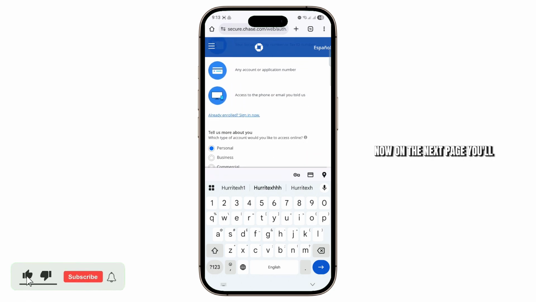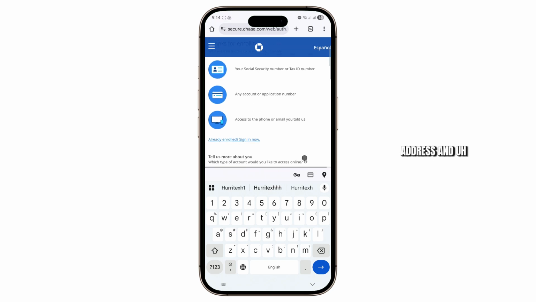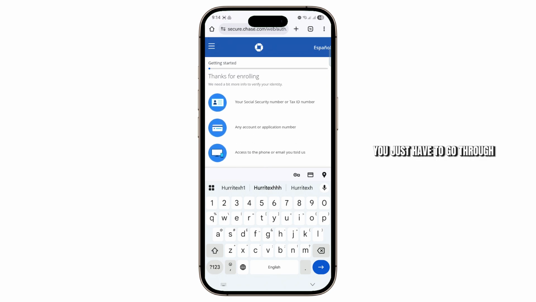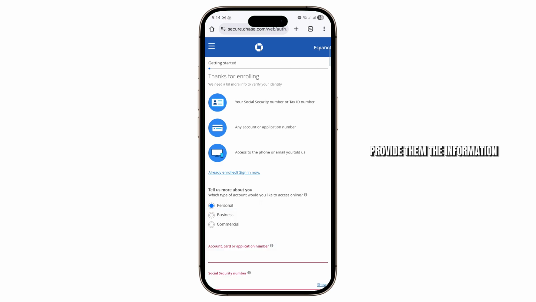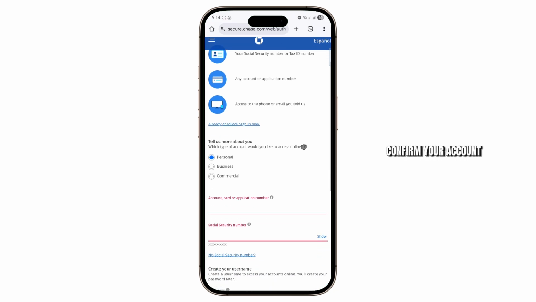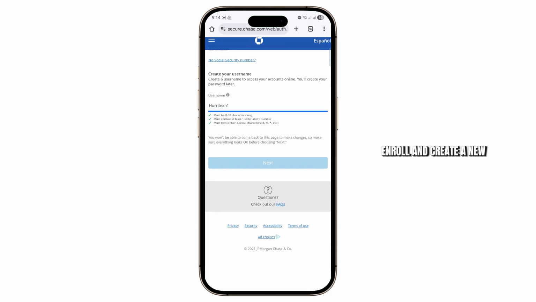Now on the next page, you'll be asked for some of your details like your card number and other stuff like your personal information, address, and you just have to go through all of them, provide them the information they're asking for, and then you'll get an email or phone that you have provided. Then you just have to confirm your account and you should be able to enroll and create a new account